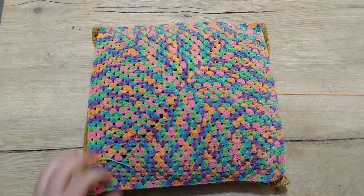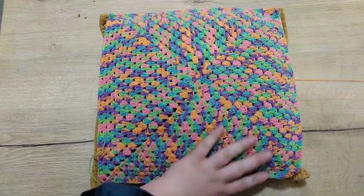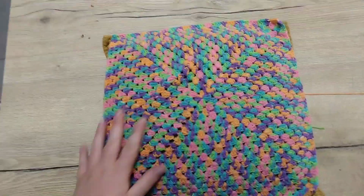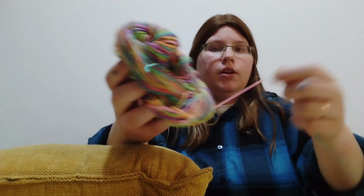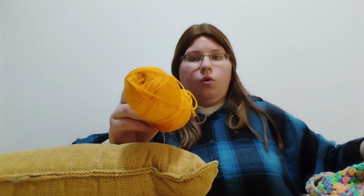Okay, so it's now in the evening and I finished the first side of the pillow cover. You can see it covers it nicely. Now for the second side, I don't have enough yarn of this color to make another square, but that's okay because I had a backup plan in case I didn't have enough of the same color yarn. I've seen plenty of pillowcases that have different designs or different colors on each side, so I know that it's allowed to do that. So I have here this orange